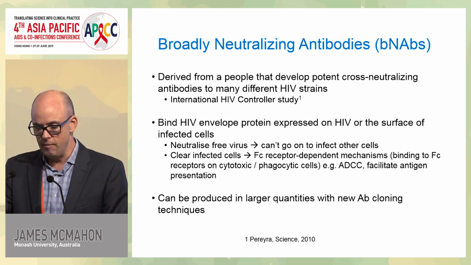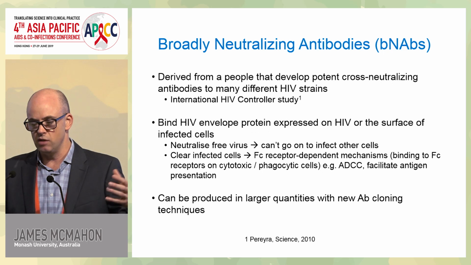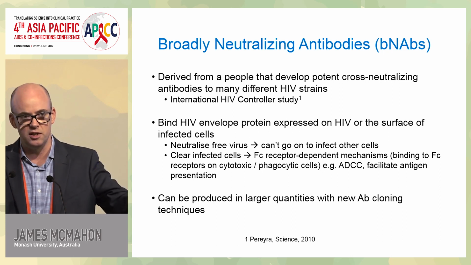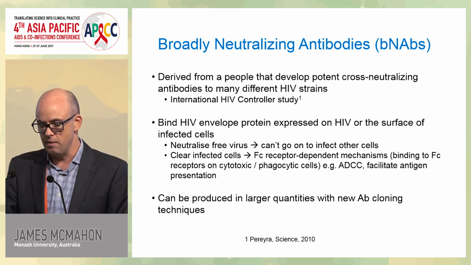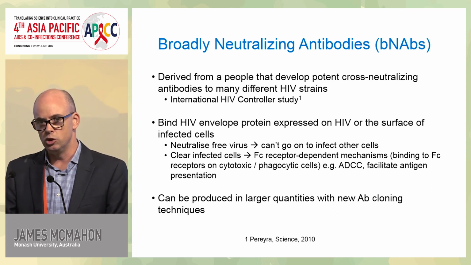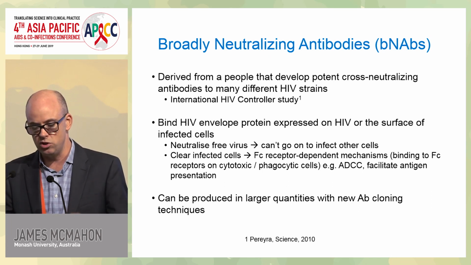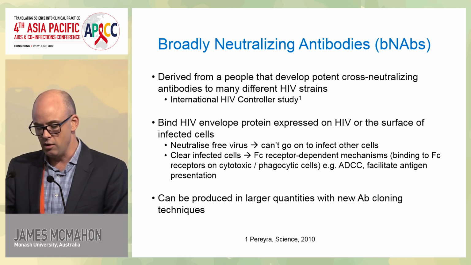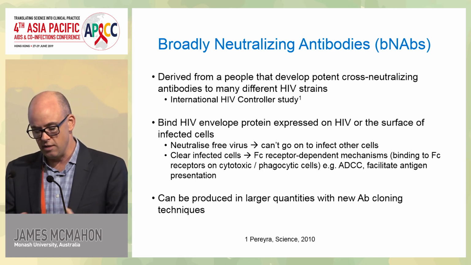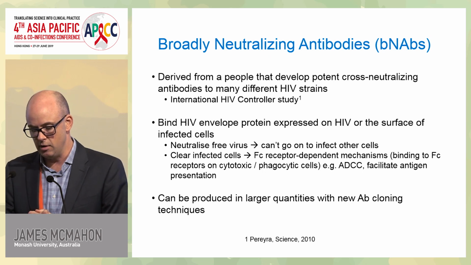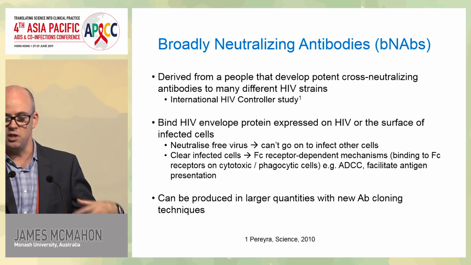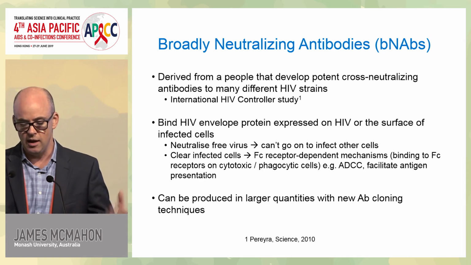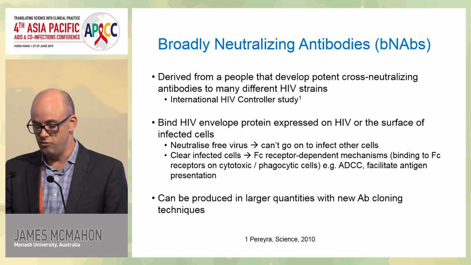Everyone with HIV develops an antibody response. They attempt to neutralise the HIV virus, bind to it and lead to control of the infection, but it's largely ineffective. But some people develop antibodies that can bind to HIV and control the viral infection, or effectively stop it reinfecting new cells. And as I'll show in a little figure, there are a lot of other potential benefits of these antibodies. They've been identified in individuals, then cloned and produced in large quantities in the same way as a monoclonal antibody, so they can be produced for clinical use in clinical studies.